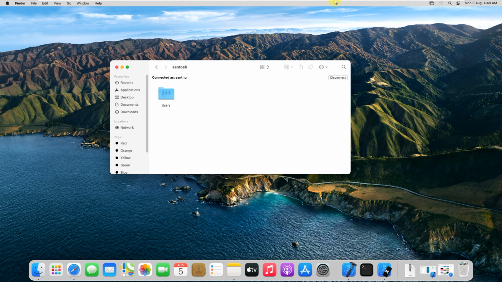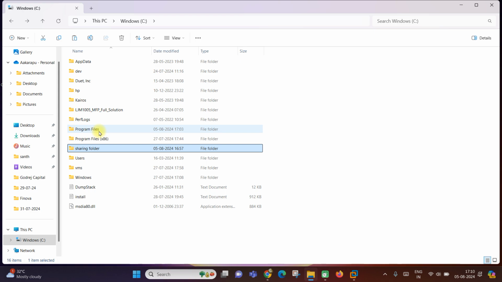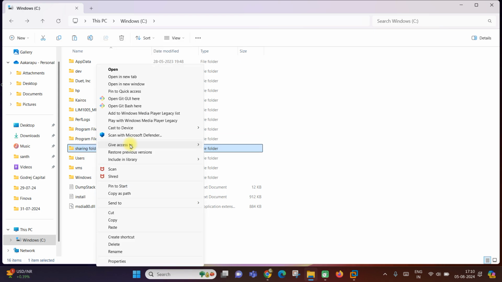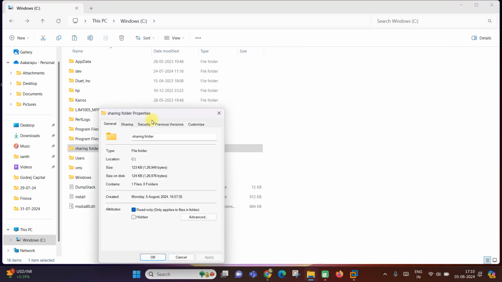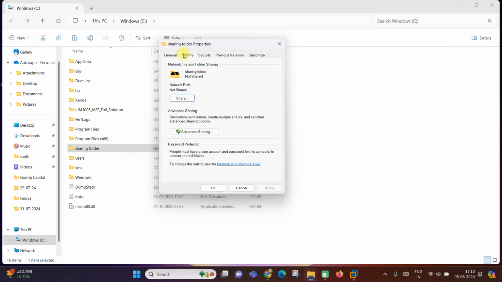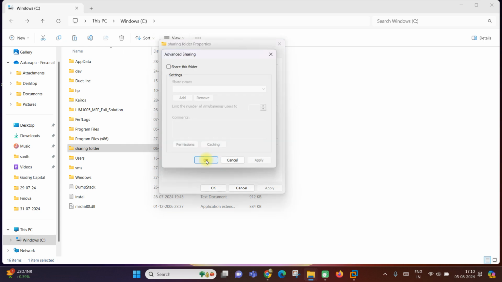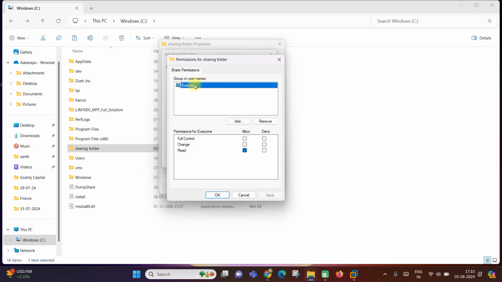So to do this, we are going to right click on this sharing folder, Show more options, and select Properties. Here you can observe the Sharing tab. Through this we can share the folder with Advanced Sharing. Here you need to tick Share this folder and click on Permissions. Here you can enable Everyone. If you want to provide both permissions, you can select Full Control and click on Apply and OK,